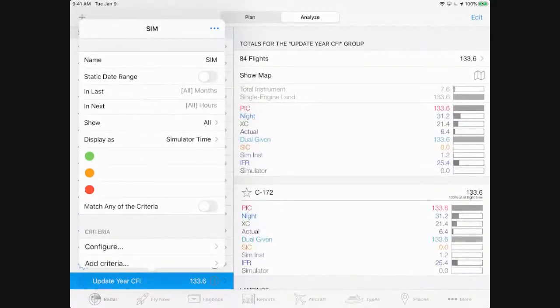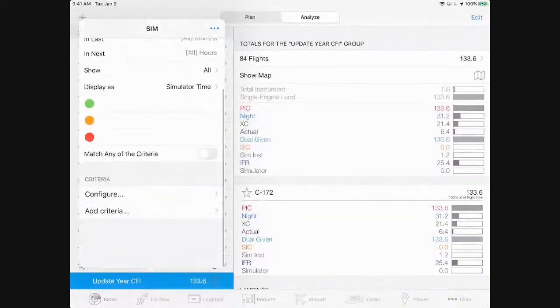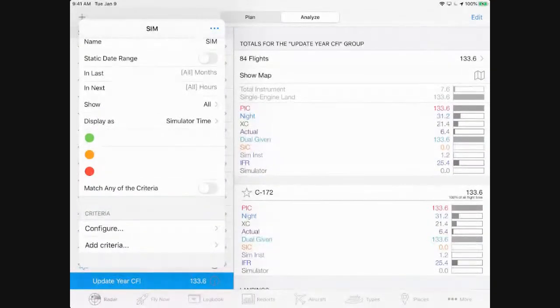I'm going to leave the color thresholds alone for this one. Match any criteria doesn't need to be utilized. We're only having one criteria at this moment. In the criteria section, I'm going to tap on configure,